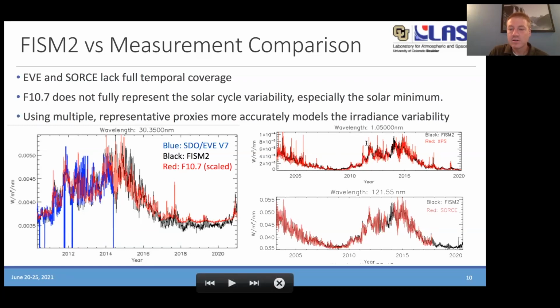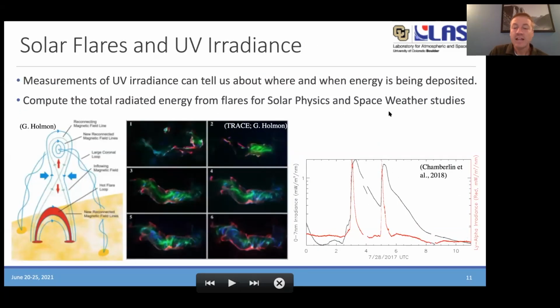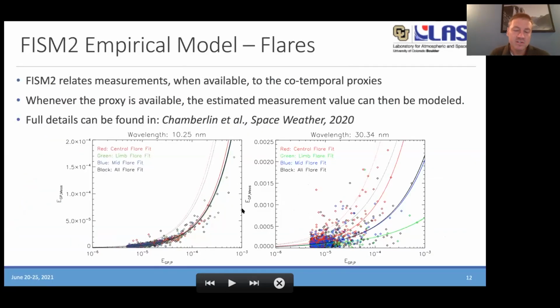And then so we see other wavelengths over there where FISM fills in the gap. And then when you get into solar flares, you have a lot of physics of solar flares between the impulsive phase in red and the black is the thermal gradual phase. And you have to model both of those as well. And so these are power laws. And so you use the GOES XRS for the gradual phase and the time derivative of the GOES XRS for the impulsive phase. Like I said, I want EXIS now. I have to incorporate these new cool measurements from EXIS, but I haven't done that yet. That's going to be FISM3.